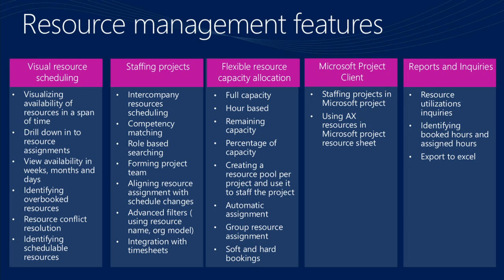You can look at availability of resources in months, weeks, and days. Often you start with weeks or months, and then you drill down to specify on which day what a specific resource is doing. One view that we don't have right now is hour-based, meaning I want to look at what you're doing from 2 p.m. to 6 p.m. We don't have that yet. We have schema support for that, but we are not supporting it in the UI.